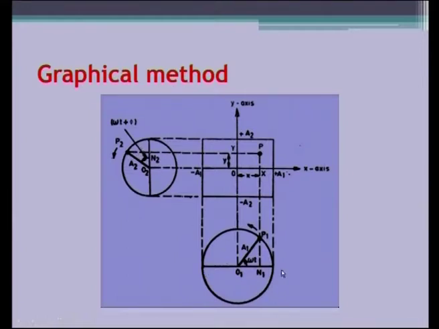A1 produces an SHM. We know these concepts already because its projection on x or y axis will produce simple harmonic motion. So, P1 is the point which is moving with uniform angular frequency omega, which produces oscillation along the x axis. The same case is happening here, but in the y direction. So, P1 and P2 are the points which are oscillating in the x as well as y direction.